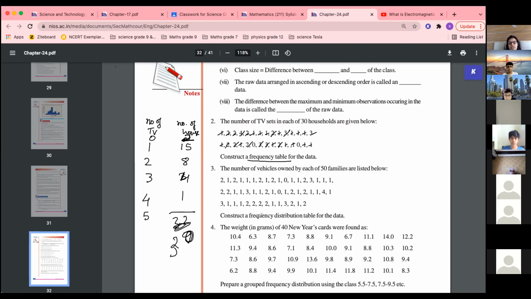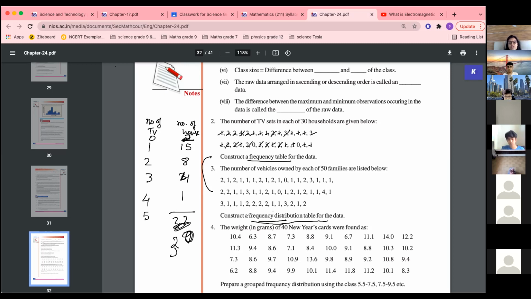Understood? Here they have asked you to construct a frequency distribution table. That means you have to make groups. Okay? Understood? Grouped frequency distribution table. So here also how many numbers are there? 1, 2, 3. No, there are not many numbers, so make it like this only. Okay? Ma'am, it is optional to write tally marks. Yes, it is optional. If it is mentioned to write tally marks, you can make it. Okay. Here it is simple.